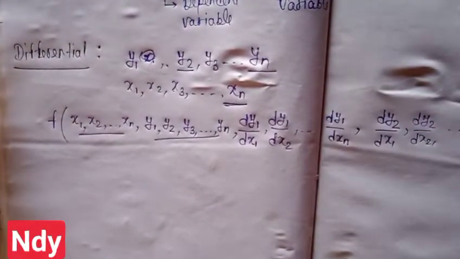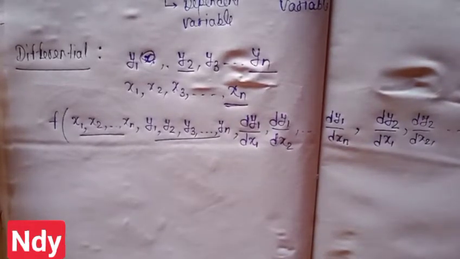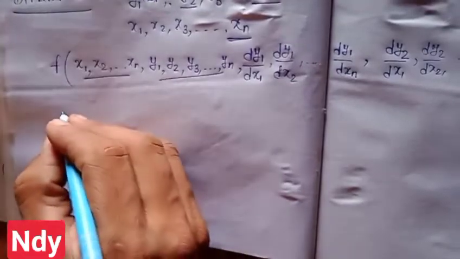So what is a differential equation? A differential equation is nothing but a function of dependent variable, independent variable, and derivative of dependent variables with respect to independent variables, with any power, with any degree or the power. So let a differential equation be simple. Here we have n dependent and n independent variables,